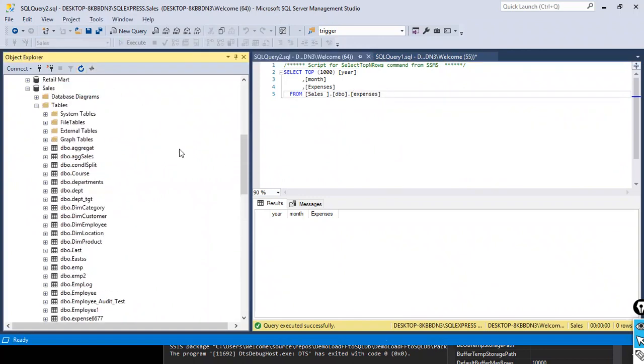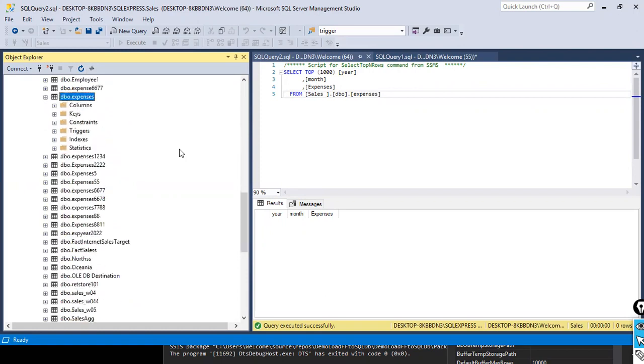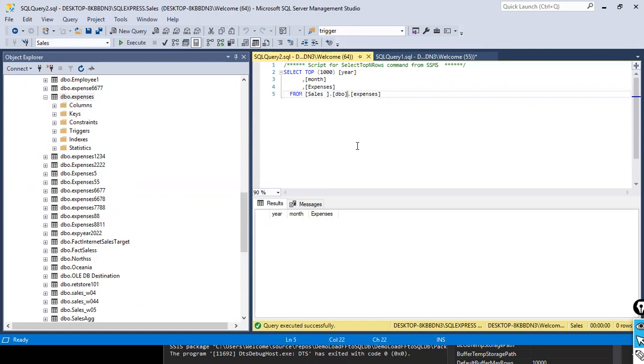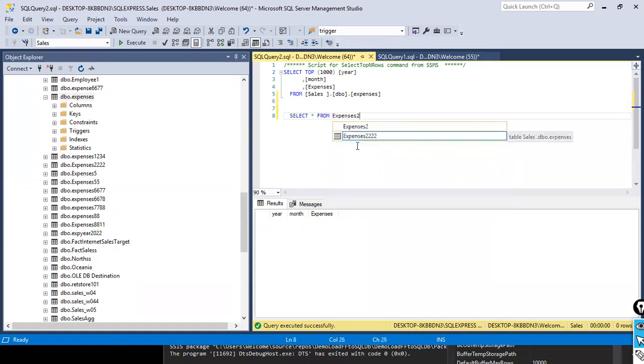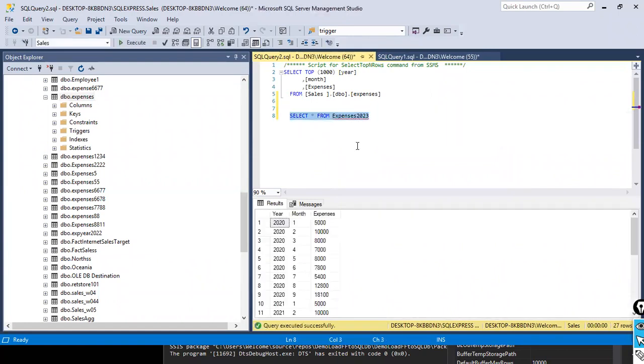And what was the table name that I've given? Expenses 2023. So what I will do is, going to select this one. Yes,